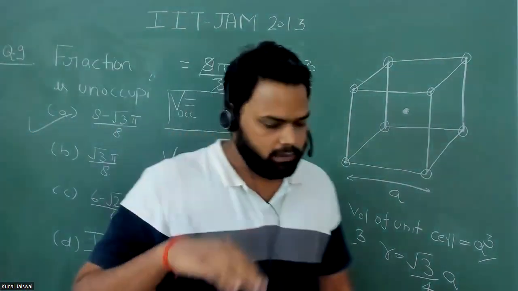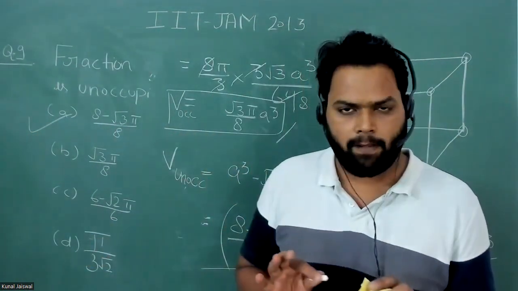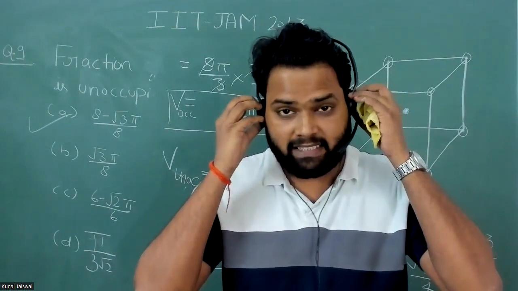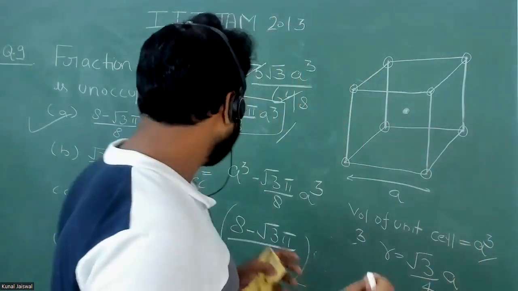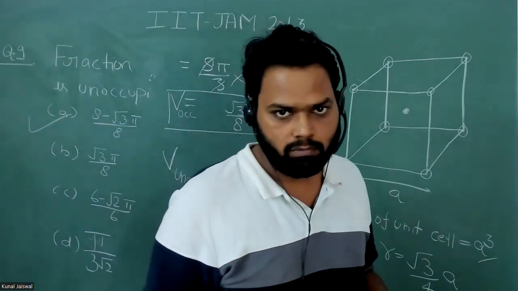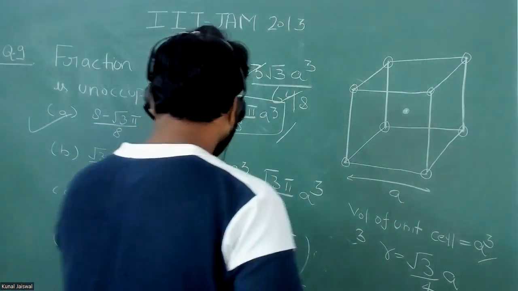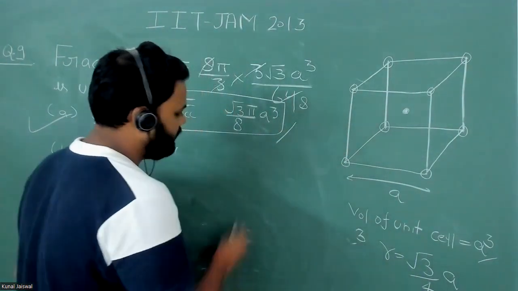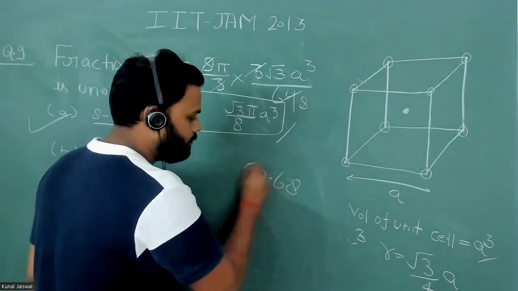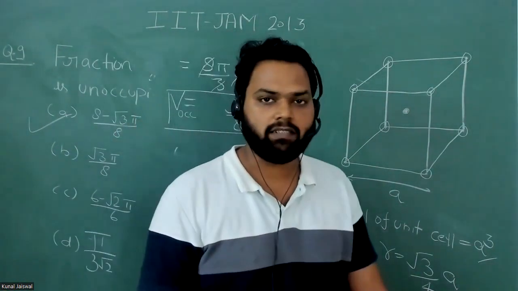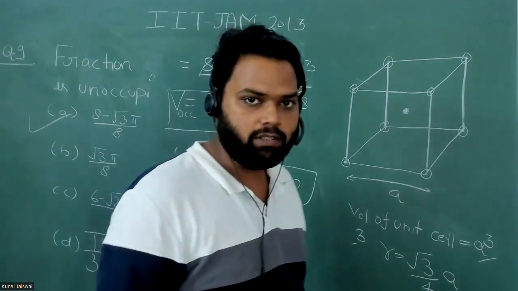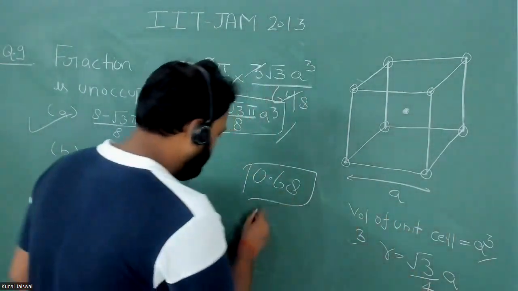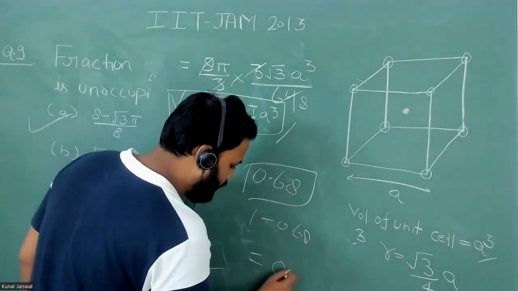Okay, see, this is a thorough, complete procedure. If you know the atomic packing fraction of the BCC lattice, then you can do this within 30 or 40 seconds, I guess, because the total packing fraction of the BCC lattice is how much? You know, it is 0.68. This is the total packing fraction of the BCC lattice. If this is the packing fraction, what will be the volume which is free, that is, unoccupied? 1 minus 0.68, that will be